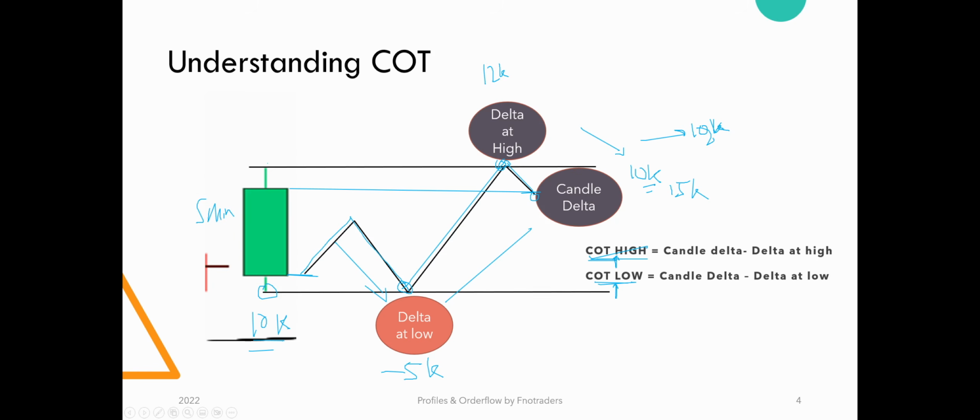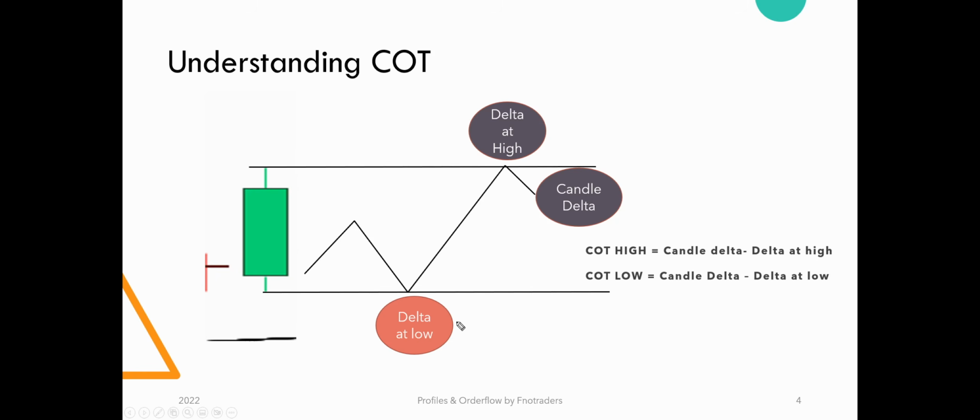Okay, you will have a low made, let's say during the second minute, minute two. During, let's say, minute four, the high is made. And then at the 5 minute is the close. So your delta at low minus delta at close is the caught low. Delta at high minus delta at close is the caught high. So caught from high, caught from low. Okay, that is the core interpretation.